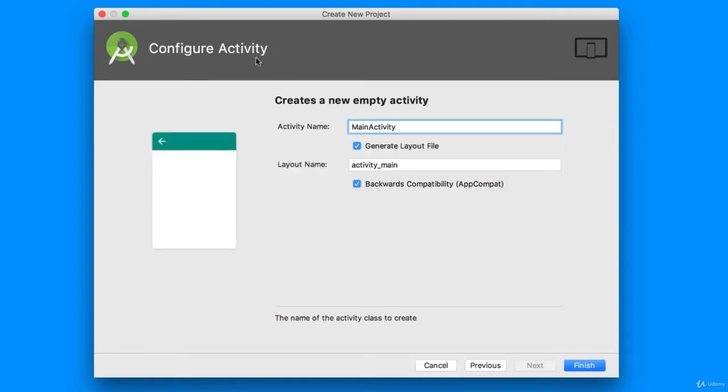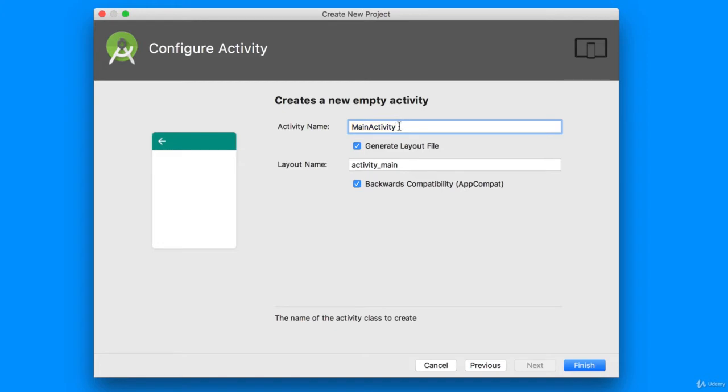And now you need to give your activity, and remember, an activity is a screen that the user sees, a name. So you'll see there's two parts here. There's an activity name. This will become your Java file. And there's a layout name, which will become your XML file. So the two files work together. For one screen that the user sees, they see the layout file, which is your layout name here, which will become the XML file. This is what they see, but what happens in the background in coding is done in your Java file,